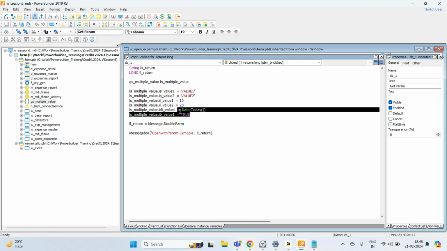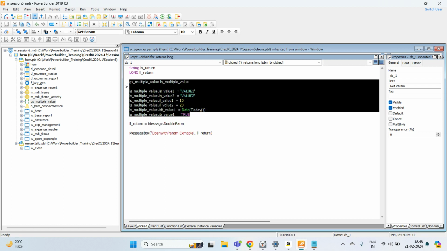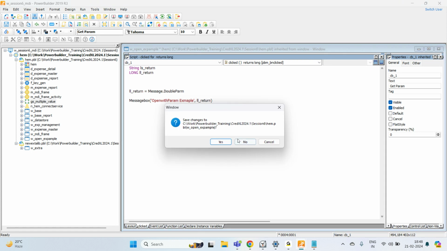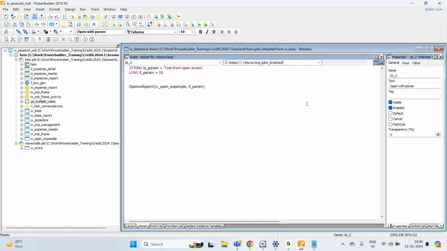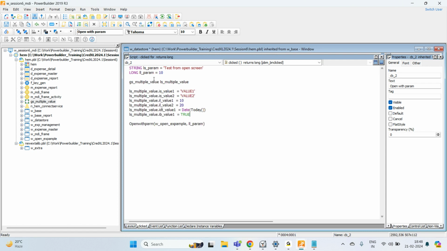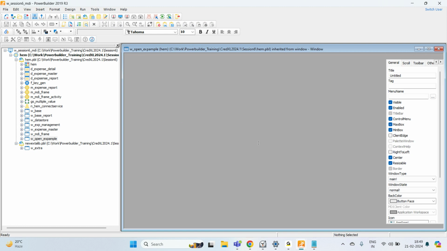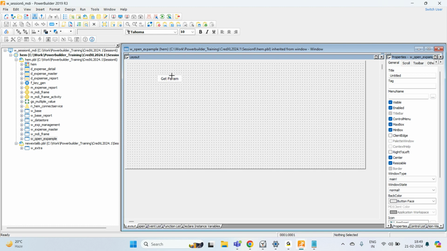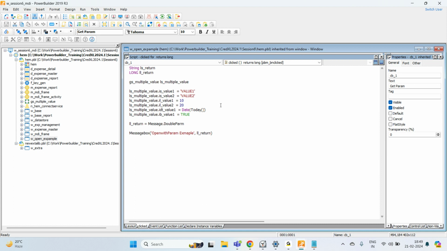Oh, we need to assign, not here, we need to assign here, and then we need to pass this variable, not like string or long, we are passing the PowerObject. And how can we get the PowerObject? Over here the same type of PowerObject can be received into the same type of object. So when we need to get this,